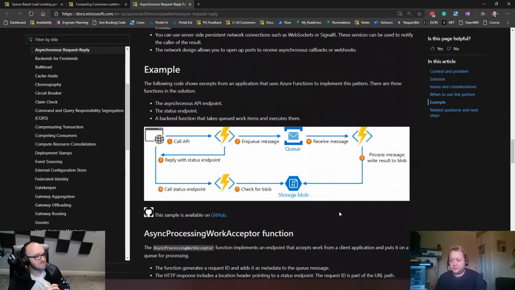So here's an example, and this is using functions. So what's happening in here is point one, my website, my client does a call to my API that says, I need a ticket. The reply that comes back from my function is two parts. Number one, it queues a message onto a message queue. Yeah, in fact, that's actually number two. But number two and number three are the key pieces here. So number three, the reply that comes back isn't a complete reply. It's simply a 202 with a header of a location. And that location points at the status endpoint that says, when I'm finished, the response will be over there.